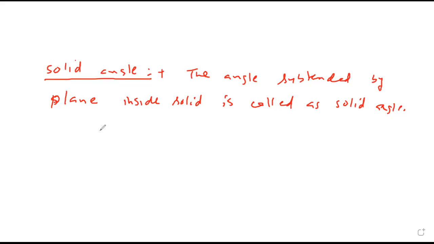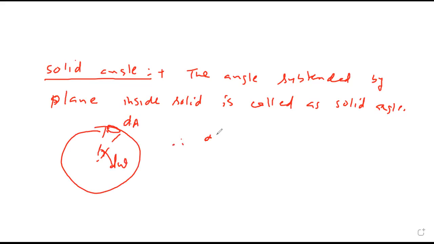That means if this is a sphere, if you take elemental area dA, it will subtend angle inside denoted as d omega. So since ds equals r theta, we say in place of s we write area dA. This is written as r square, angle is written as d omega. So d omega is dA upon r square.